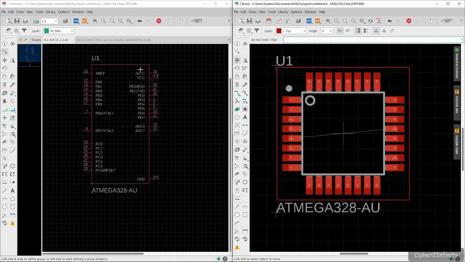For example, VCC pins of the microcontroller should be on the top right corner, and the ground pins elsewhere. Again, when we create the symbol of a microcontroller, we place all the digital pins on one side, and analog on one side. This is basically part of the IPC standard.